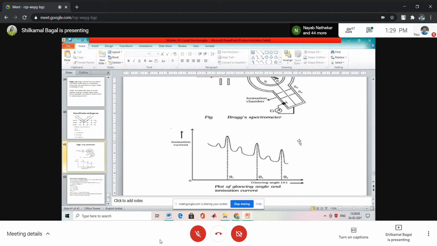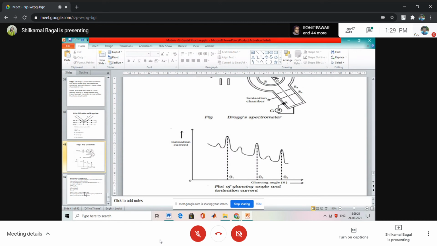After further rotation, there will come maxima having intensity less than that of the first one, and then again with further rotation, intensity will go to the maximum, and that will show that the third set of principal planes has come, that is 1, 1, 1, and there will be that first maxima. Suppose that will be at theta 3.